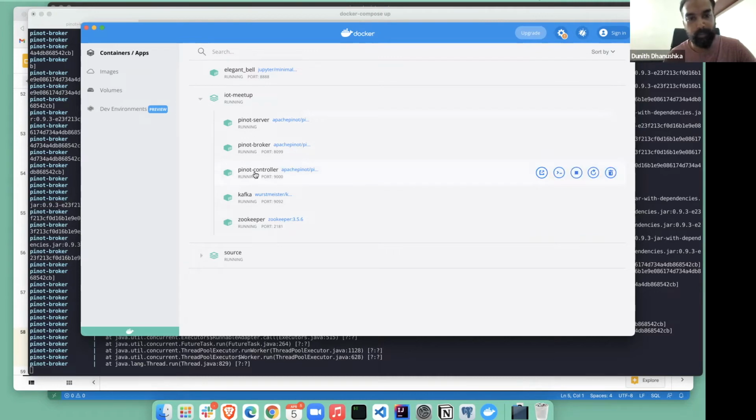If you are new to Pinot, you can think of Zookeeper as the component that manages and coordinates all the communication and metadata management across all these Pinot components. And these are the basic Pinot components. The controller is the main component that controls and coordinates the others. The Pinot server is responsible for storing ingested data in its configured data storage.